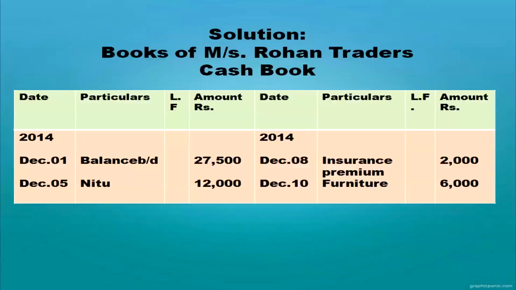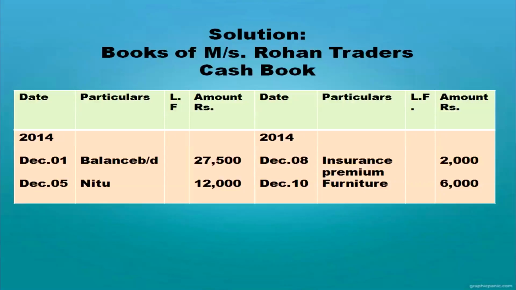See how it is coming in the cash book. Opening balance, date and amount in the respective columns. Cash is received from Neetu, so to Neetu on the debit side of the cash book, with date and amount in the respective columns. Insurance premium paid. It is an expense. Payments go on the credit side of the cash book, and date and amount in the respective columns.